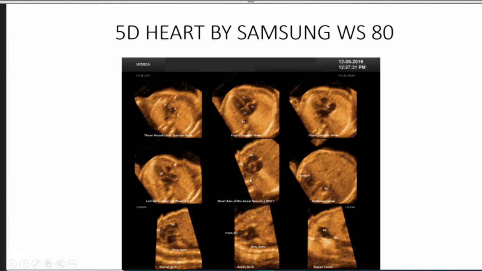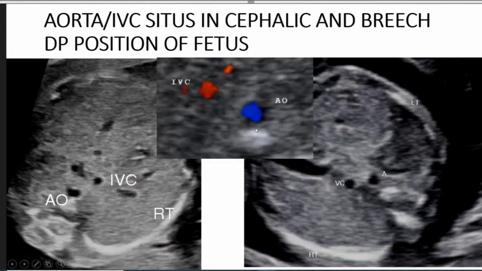This is both in static and in real time with auto labeling, and that's artificial intelligence which has come into play in demonstrating the cardiac views. So anybody now can show all the cardiac views if there is a good window and the apex is pointing anteriorly, with 5D heart technology by Samsung. Now we come to the views per se. I will take you through all the views now.